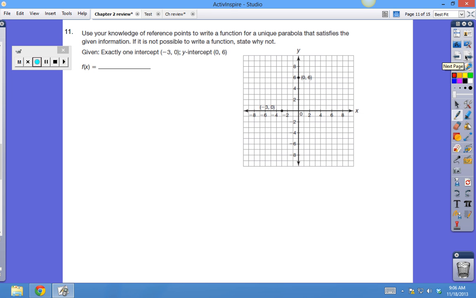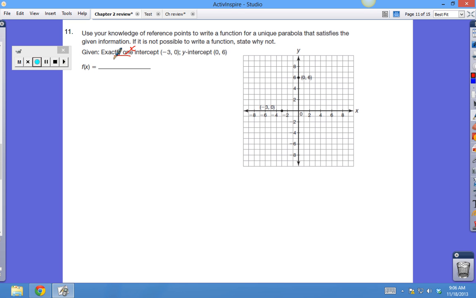11. Use your knowledge of reference points to write a function for a unique parabola that satisfies the given info. You've got one x-intercept. There's only one x-intercept right here, -3, 0, and they've already got it plotted. And there's a y-intercept at 0, 6. So could a parabola go through those two dots? Your answer is yes. If there's only one x-intercept, that means